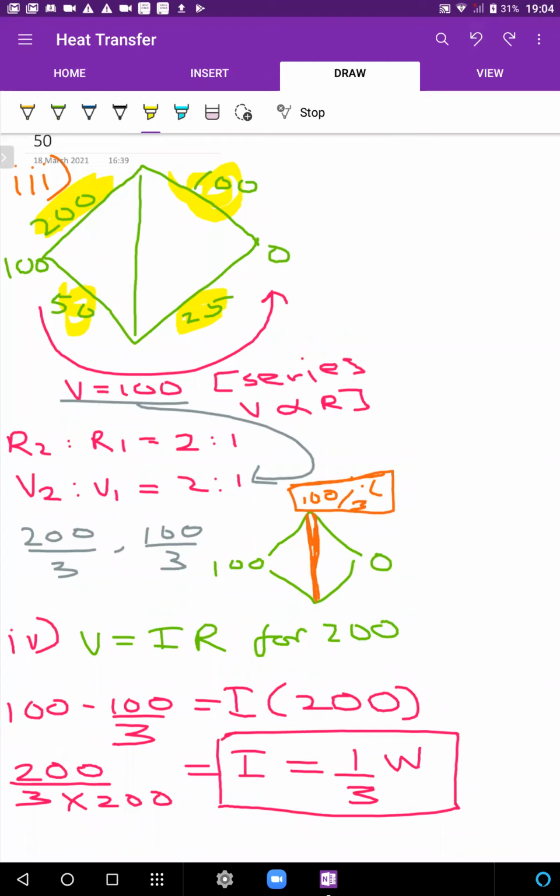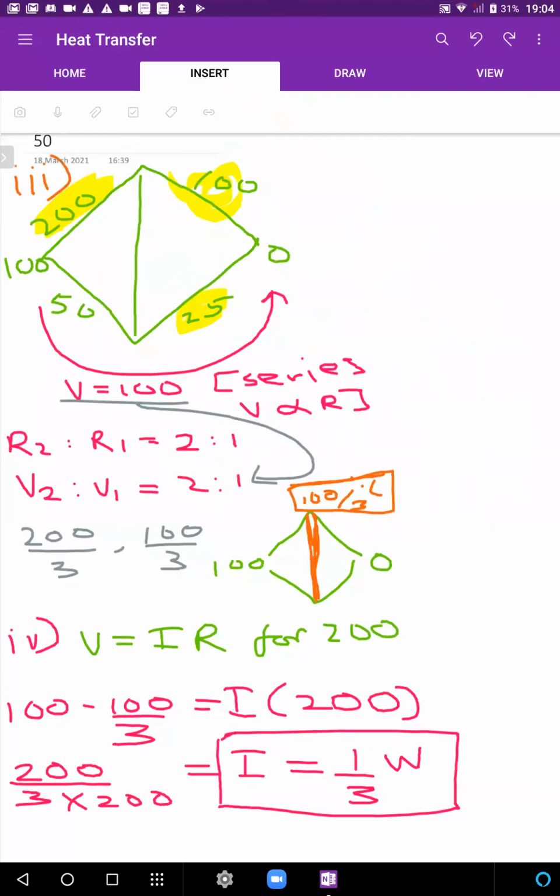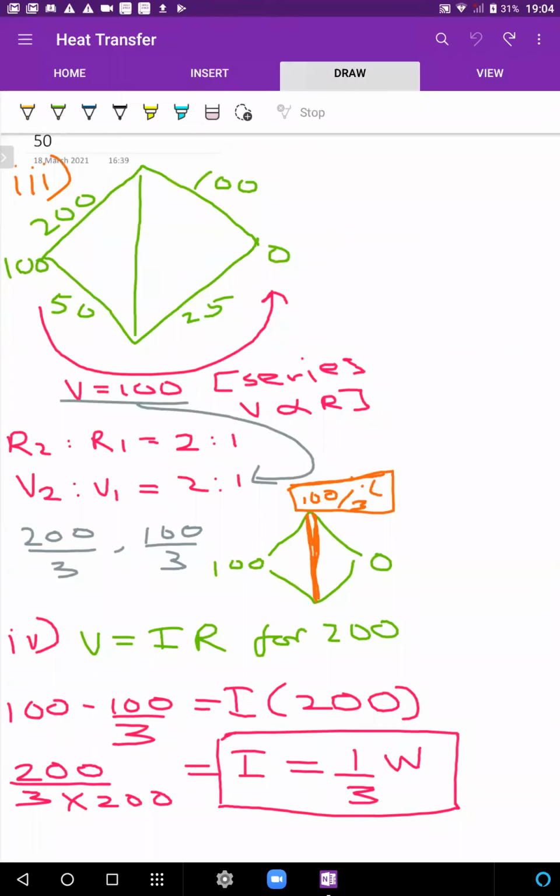In that Wheatstone bridge arrangement, what you do is you ignore the middle resistor, or the middle rod. All right, so that's what we decide to ignore. We're going to ignore this one. All right, after that it is a game of ratio and proportion. Across this there is a difference of 100, across this there is a difference of 100. Okay, ignore that rod. Imagine there's a gap over there. There's no rod over there.